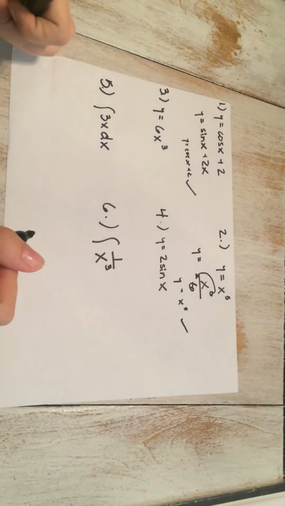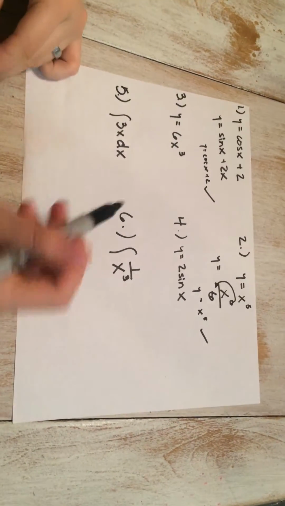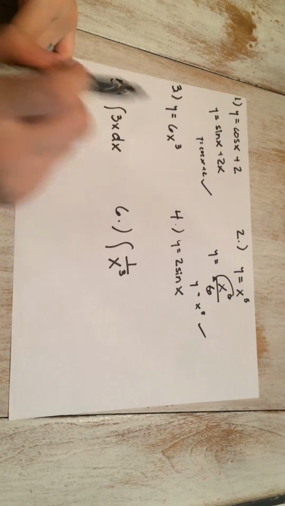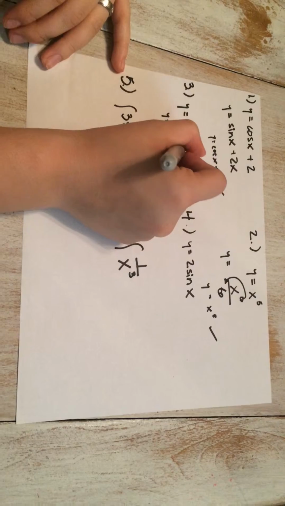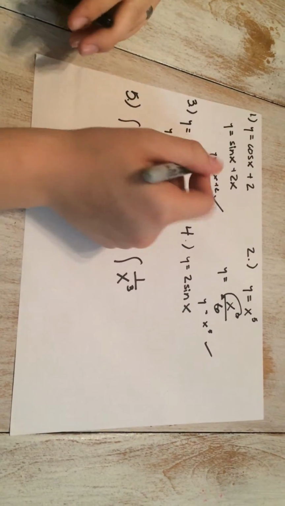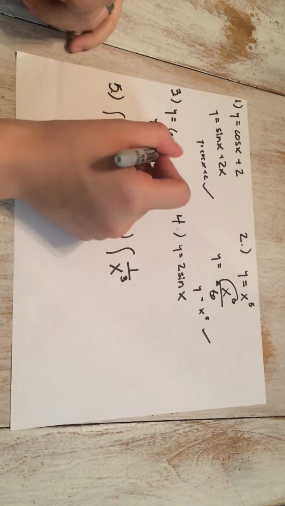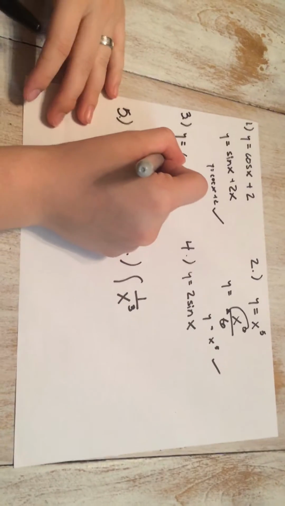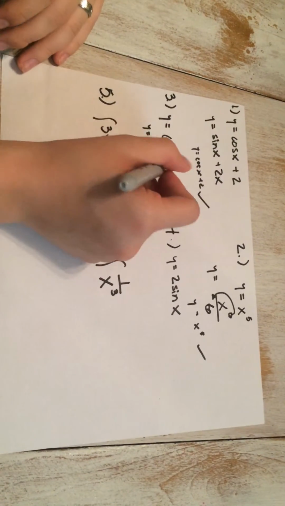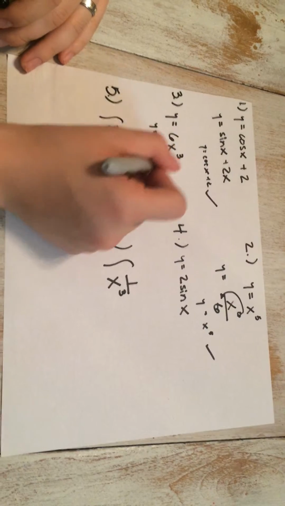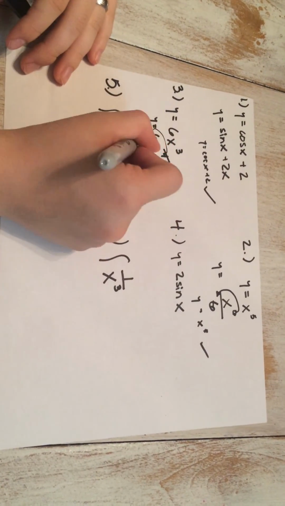So that works. Now, say we're given something like this, y equals 6x to the 3rd. So again, we're going to start with y equals 6x to the 4th, because we know it has to be 1 power higher. And again, since there's no denominator, we know that the 4 needs to cancel out. And the only way for the 4 to cancel out is to have a 4 underneath. So if we were to find the derivative of this, when we bring the 4 down, it cancels out, and we are left with y equals